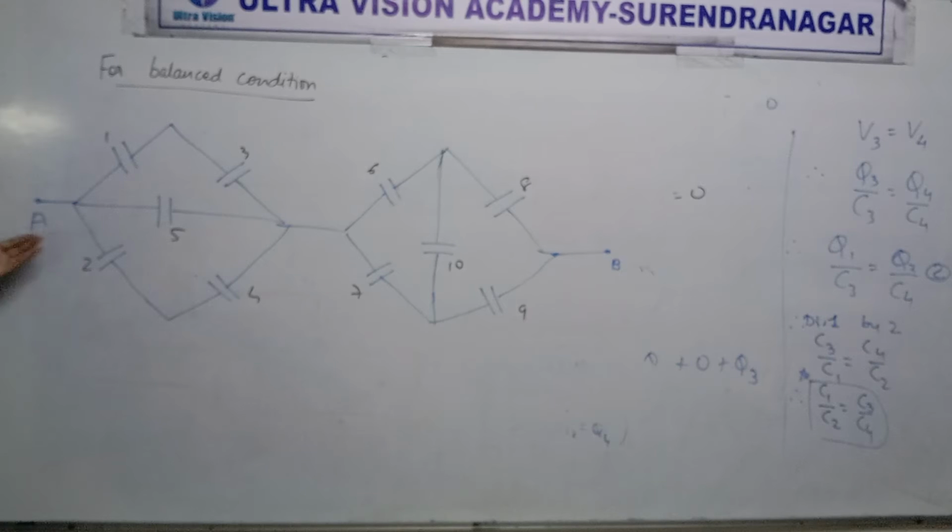So here, have a look. From here it splits. Is there a cross connection between the branches? Upper branch, lower branch. Is there a cross connection between upper and lower branch? Yes or no? It's not there.